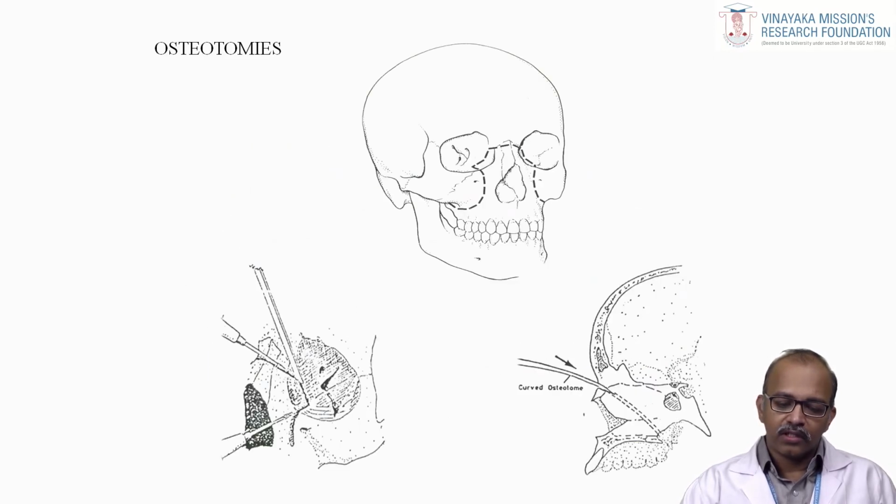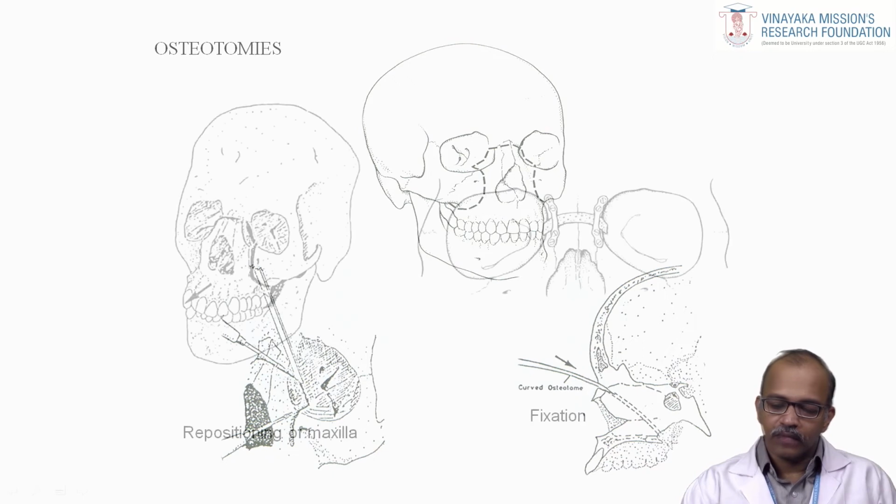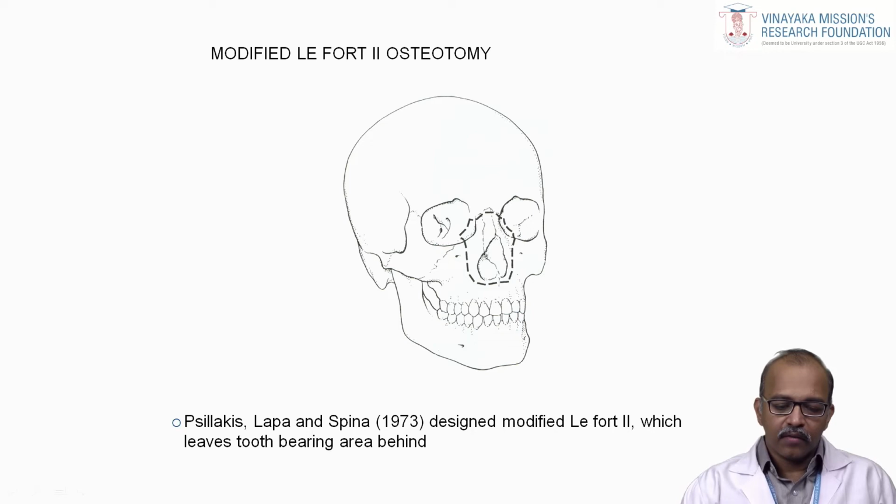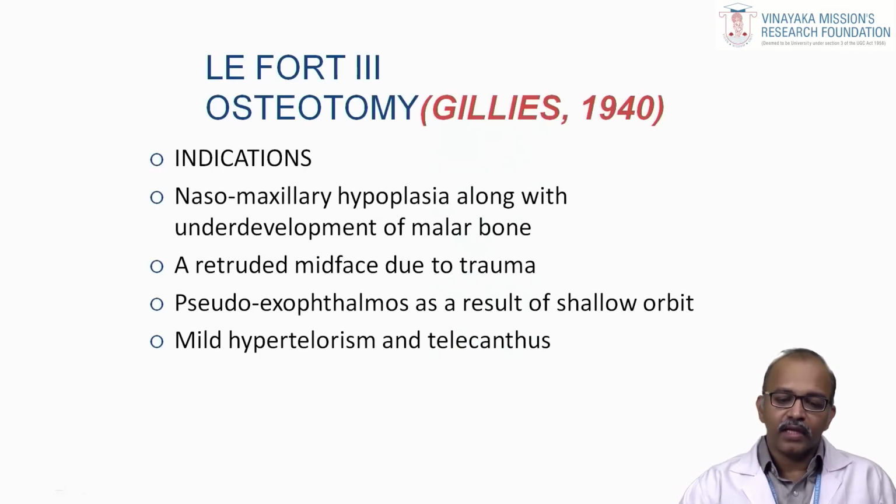So, the osteotomies are done in this fashion, Le Fort 2 subzygomatic, and then we have to connect it with a Le Fort 1 osteotomy. Repositioning is done by plates and screws. Modified Le Fort 2, in that only the nasal component alone is repositioned. Le Fort 3 osteotomy, the indications would be nasomaxillary hypoplasia along with the underdeveloped malar bone, a retruded midface due